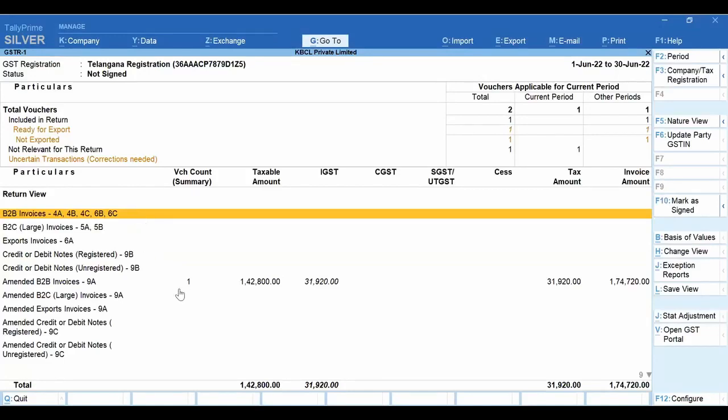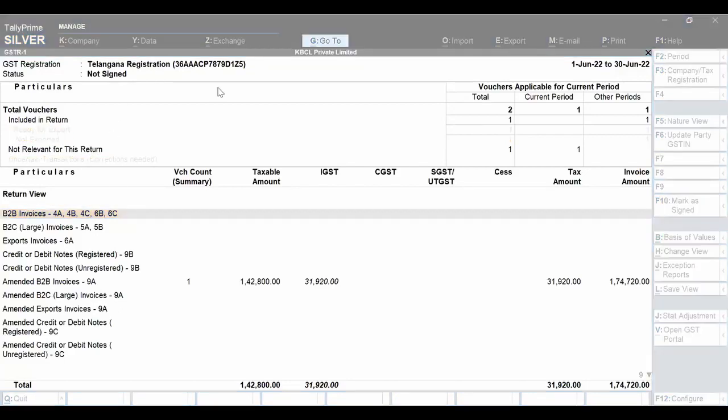But the B2C values have to be reduced. No, that part, truly speaking, I have not experienced. The B2B is getting uploaded, but the B2C we have to check out. For that particular month, the B2C values have to be reduced to the extent of the B2C conversion to B2B invoice. Okay, so let me